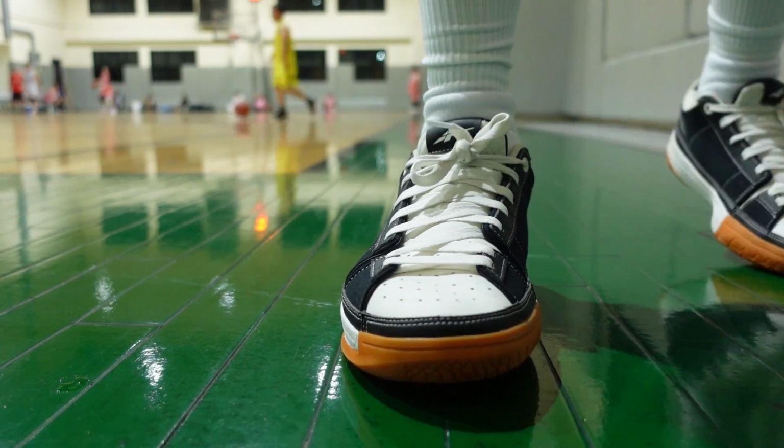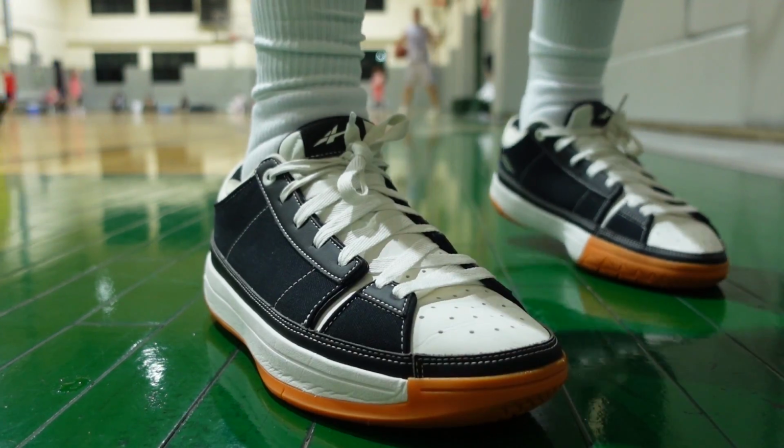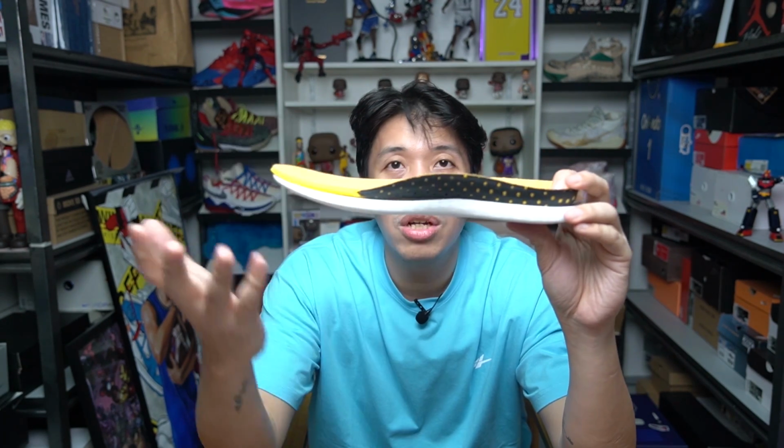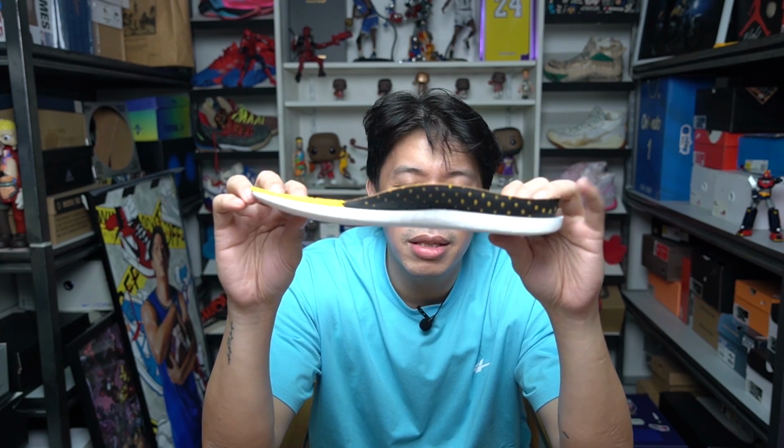So the EC1s I love. It's very lightweight for an awesome performing sneaker. It still has a ton of support in the upper. The canvas upper is fused, so it's very supportive, and the dust colorway has a leather upper. And the cushion of the EC1, this combination, you would say, damn, that looks really thin,